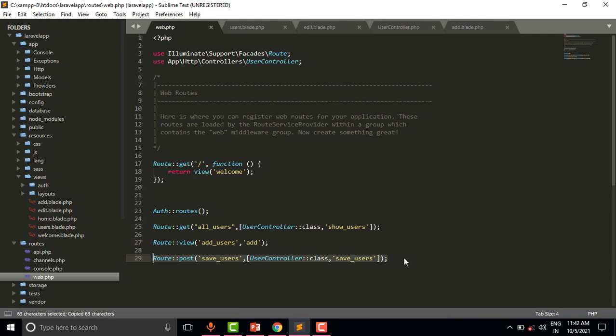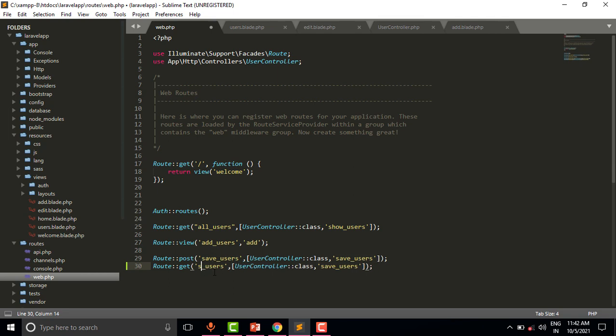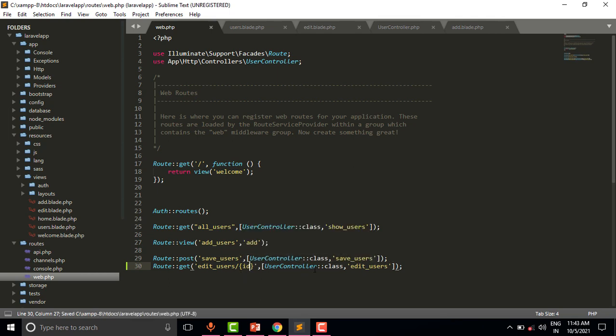Duplicate this route, get, edit users, slash, and we will get the ID of a specific user.